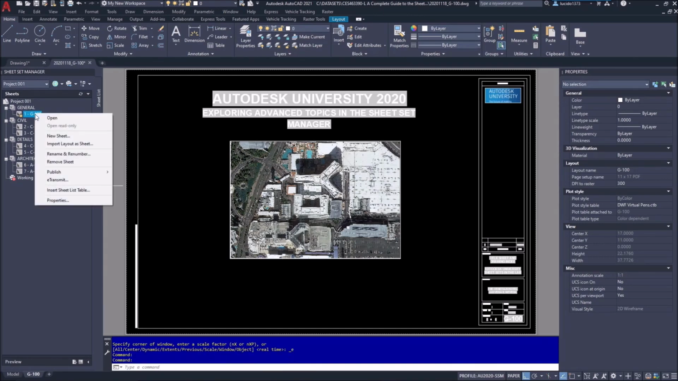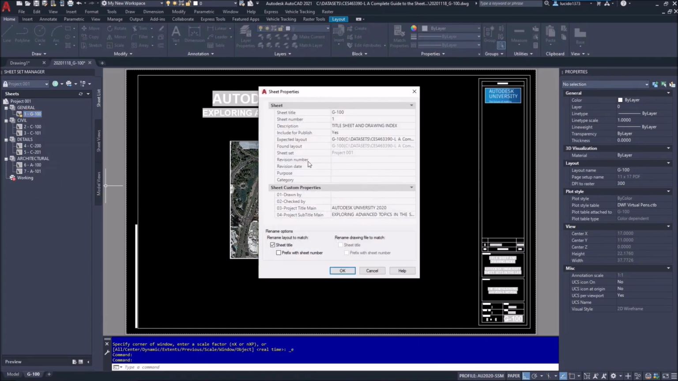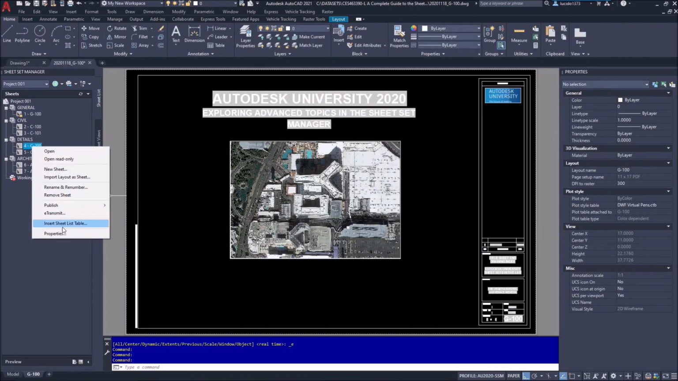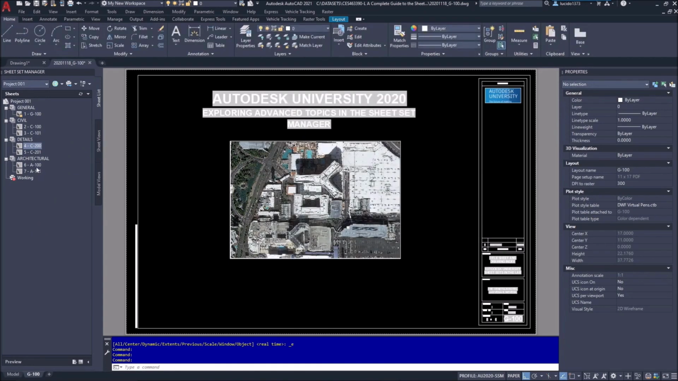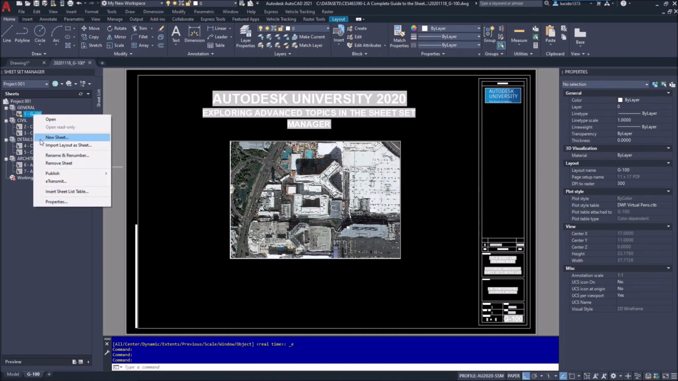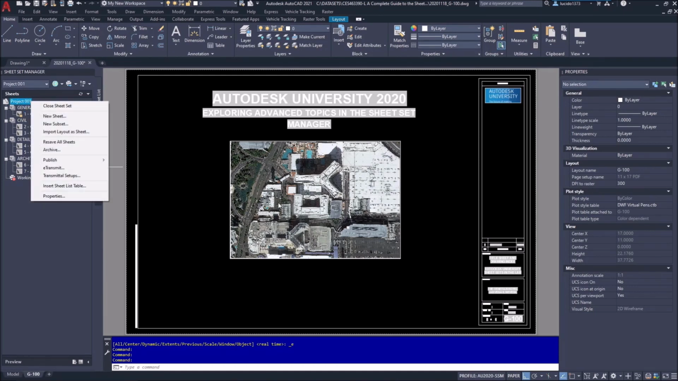So if I do properties, I see that this one is labeled title sheet and drawing index. If I go under my detail sheet, I can see that this is named site details 1 of 2, and so on and so forth. So what we need to do is actually create a sheet index table. Now, if I select this to create a table, it's just going to create a table based off of that. I need to create beyond the sheet that I'm in, which is this one, the title sheet, and insert a